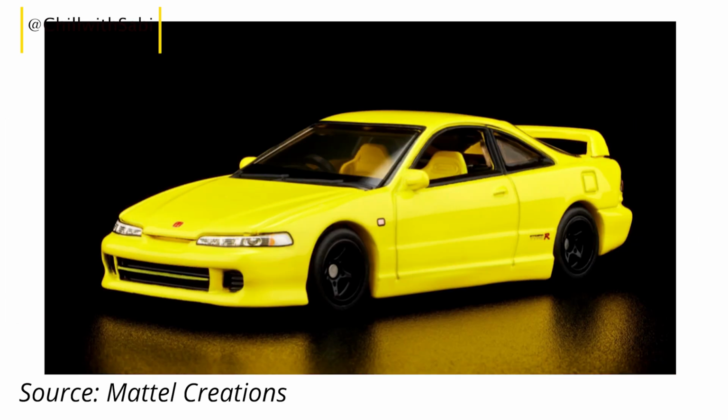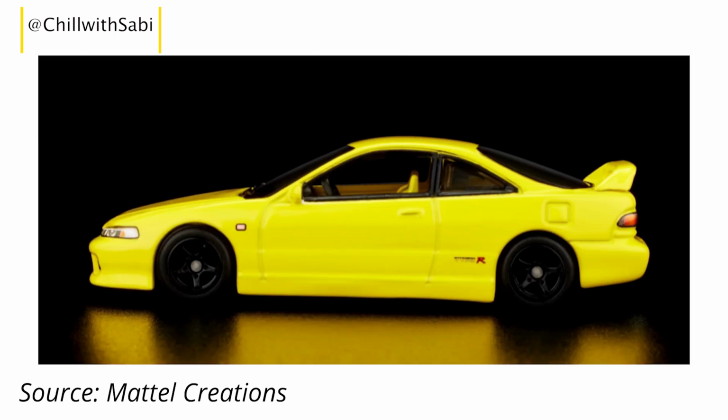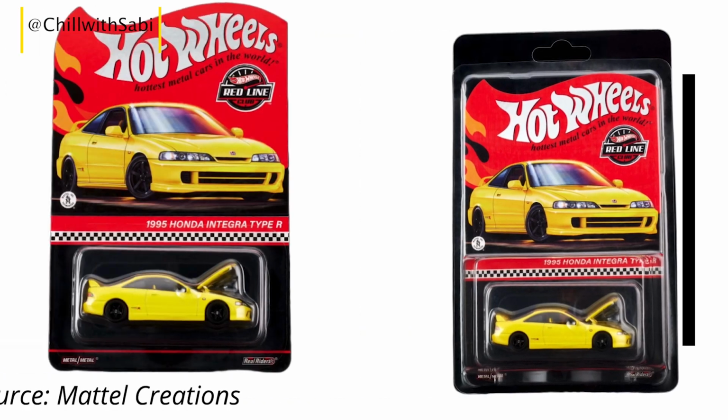And it consists of 5-spoke modern real rider wheels, full metal matte black chassis, medium smoke tinted windows, and the molded black interior, all contributing to its sleek and stylish look. It's not just a collectible, but a piece of automotive history,